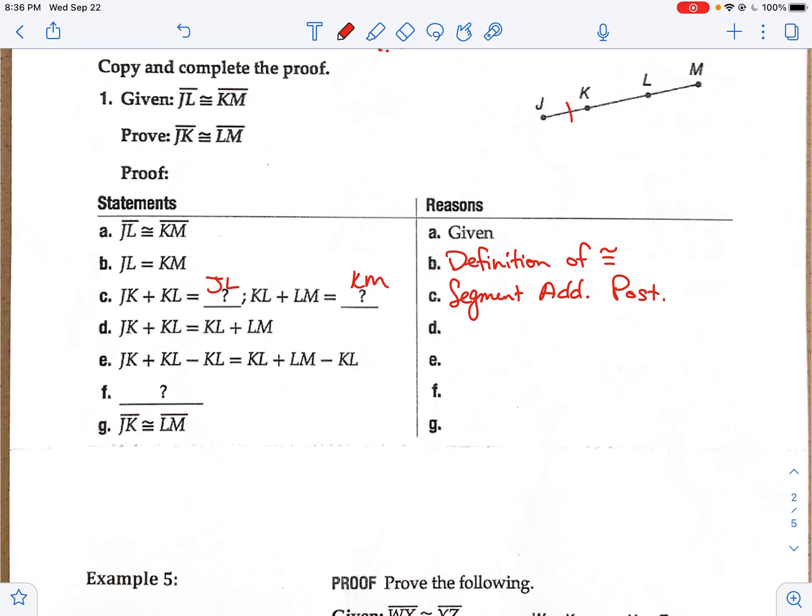Prove that this little part is congruent to that little part. And they started off with the givens, then they did their definition of congruence, which is good. Then they did the segment addition postulate, just like we're used to. But now, here's kind of a strange step. Typically, I would have put in between B and C, or between C and D, I would have put that